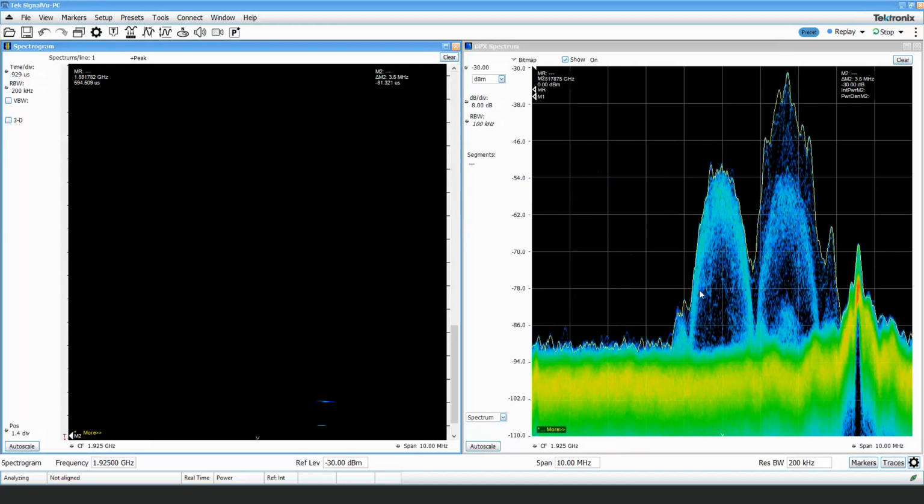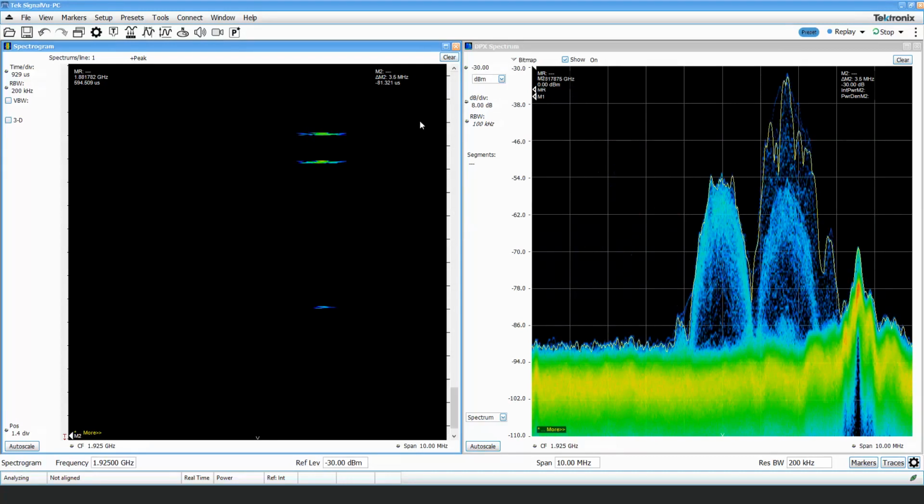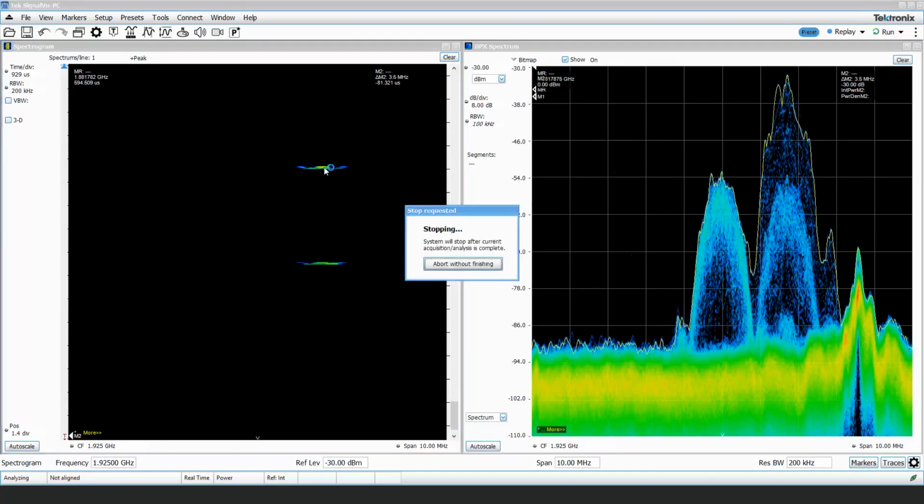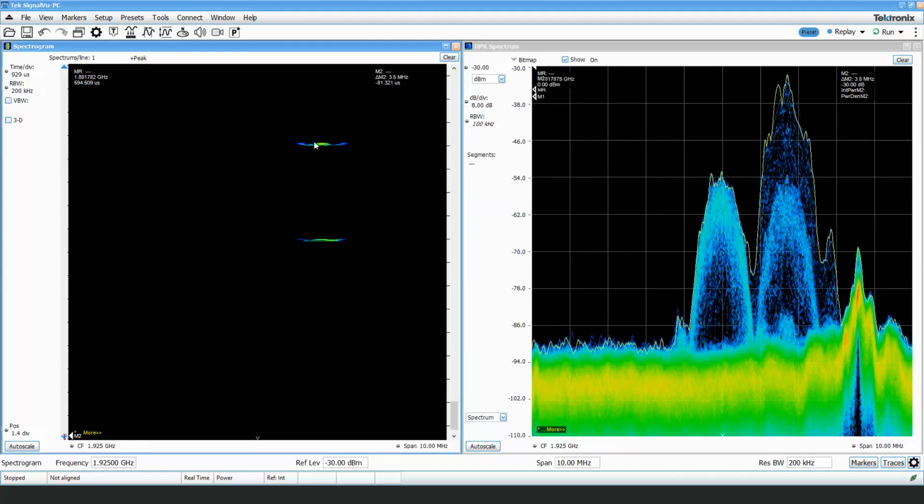So what we can do here is, let's see if I can get a good pause. We can pause the system, and we see these little chunks of RF. So this could be audio information from a body pack, or it could be communication data from the rack mount receiver, but we can see it's using little bursts of RF to communicate that information rapidly back and forth. And that's how DECT works. It's an automatically frequency coordinating system.